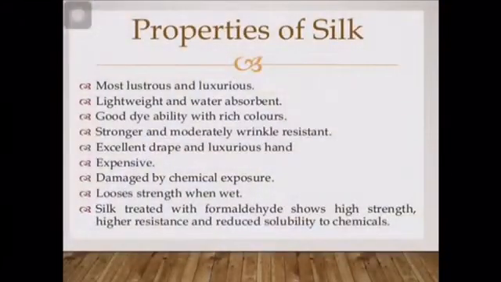The shimmering appearance of silk is due to the triangular prism-like structure of the silk fiber, which allows silk cloth to refract incoming light. Silk has a smooth, soft texture that is not slippery, unlike any synthetic fiber. Silk is one of the strongest natural fibers, but it loses up to 20% of its strength when it is wet. It has good water absorbing capacity. Its elasticity is moderate. It can be obtained in various colors and it is also called the queen of fibers.